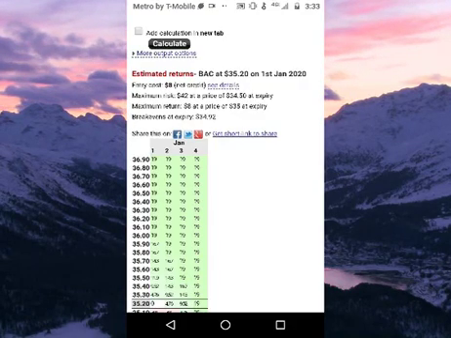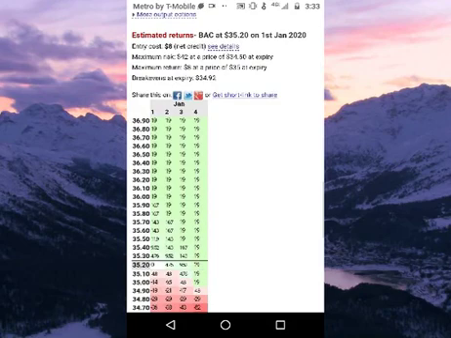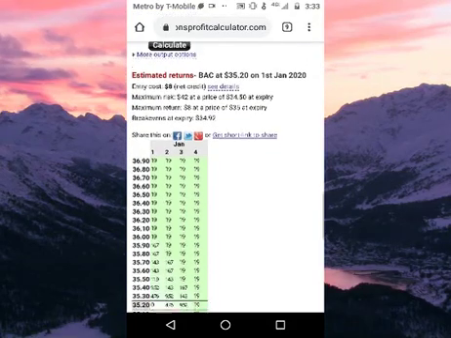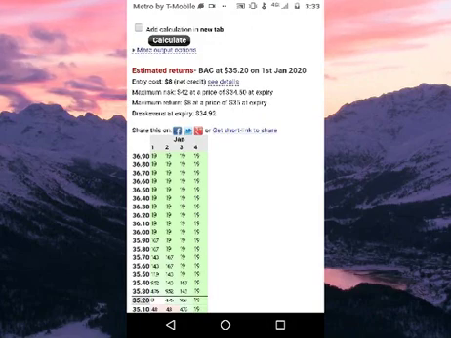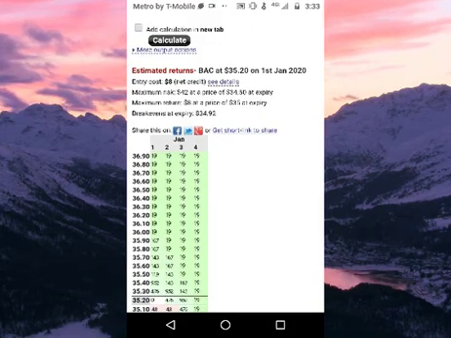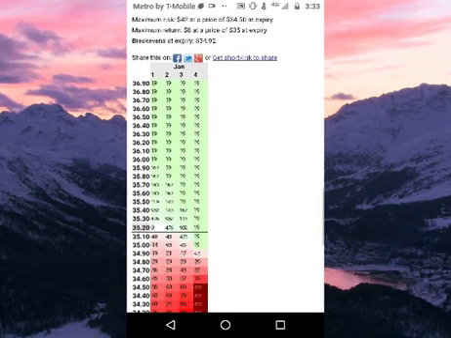So it says the maximum risk is $42 at a price of $42.50. That is the lower strike price. The maximum return is going to be at a price of $35 or above that. You're going to make $8. The break-even price is going to be